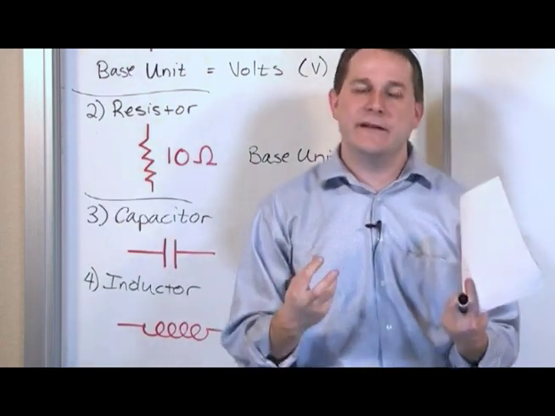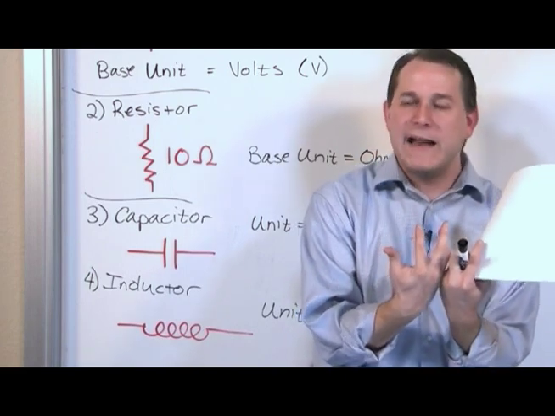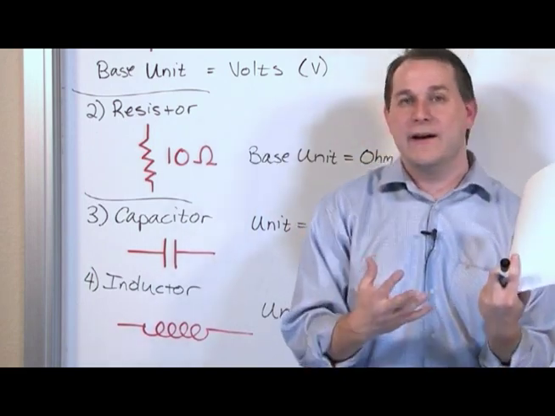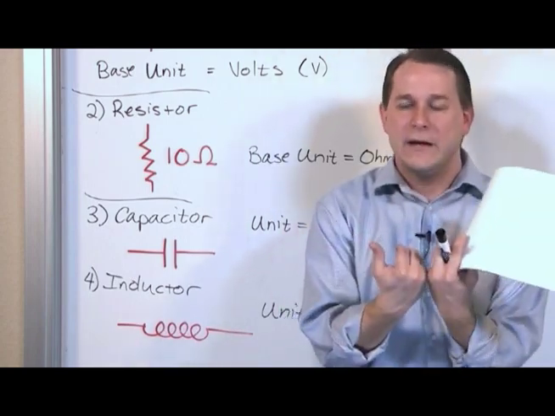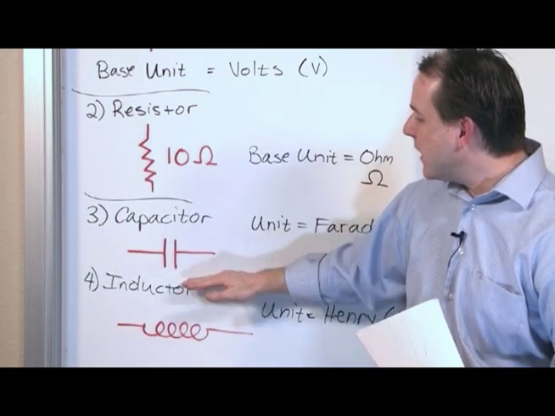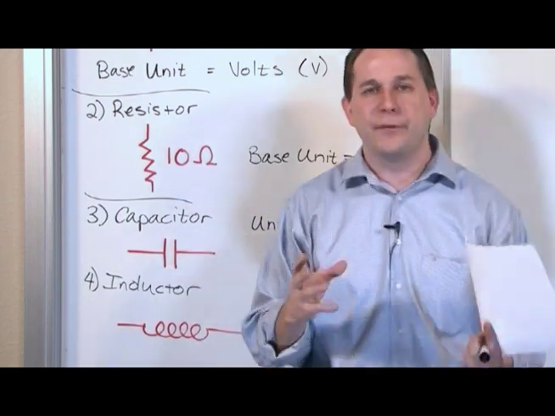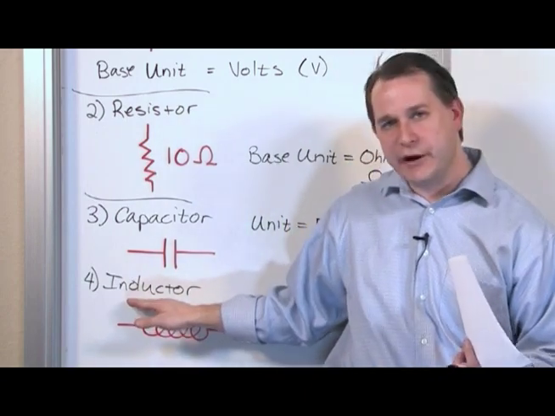So electricity and magnetism are tied at the hip. You really can't have one without talking about the other. And it's a fascinating part of nature that they're invisible and we know they're there, but they're somehow tied at the hip. What we do with these two guys is a lot of times we put them in circuits together to perform a function. And the best example I can tell you of when you would really use an inductor is when